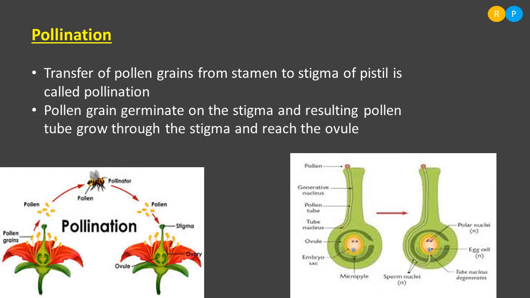So not only one pollen grain goes and sits on the stigma surface. At the same time, many pollen grains fall on the surface of the stigma. When they land on the stigma surface, the pollen grain starts forming the pollen tube. Because pollen grains, we know, are the carriers of what? Male gametes. So male gametes are actually present within the pollen grain. Understood, right? So the pollen grain consists of the male gamete that is now present on the surface of the stigma.